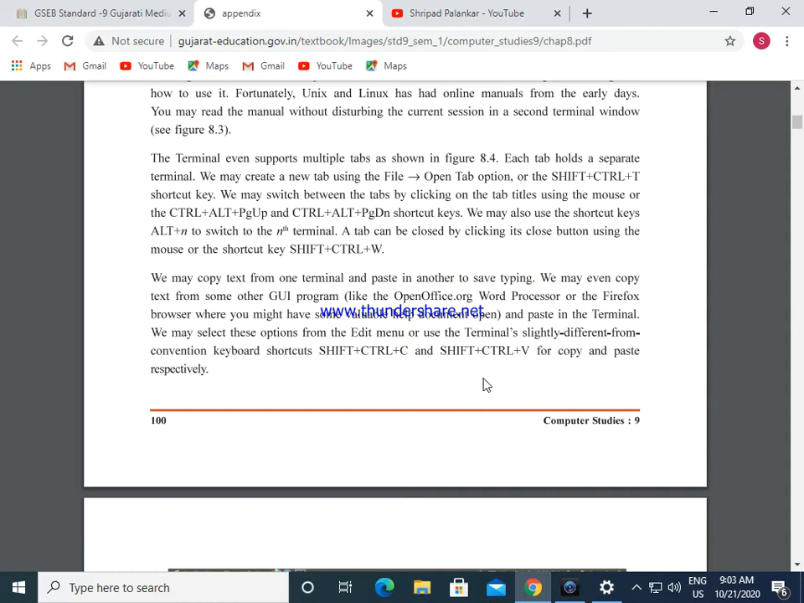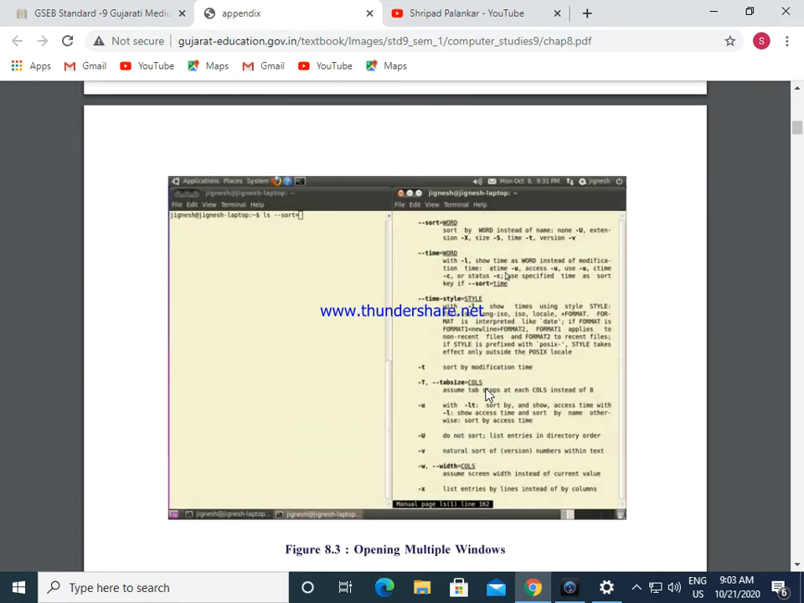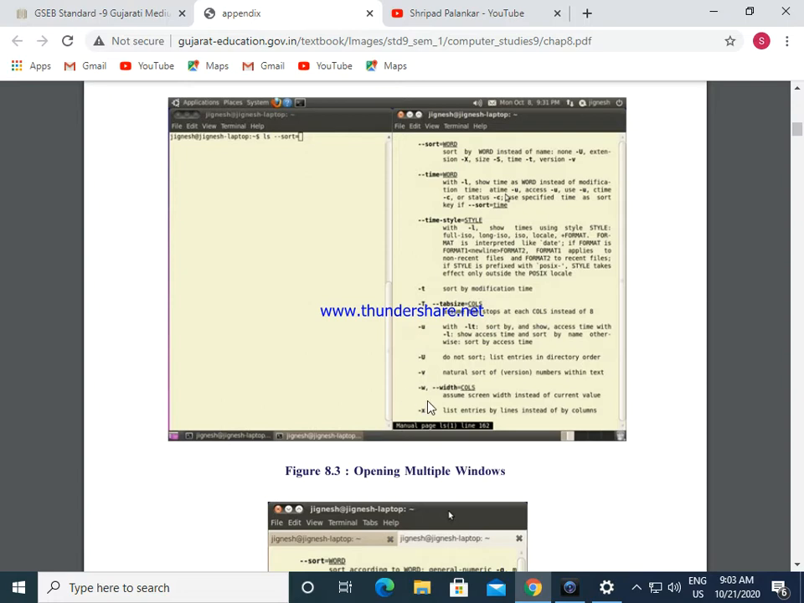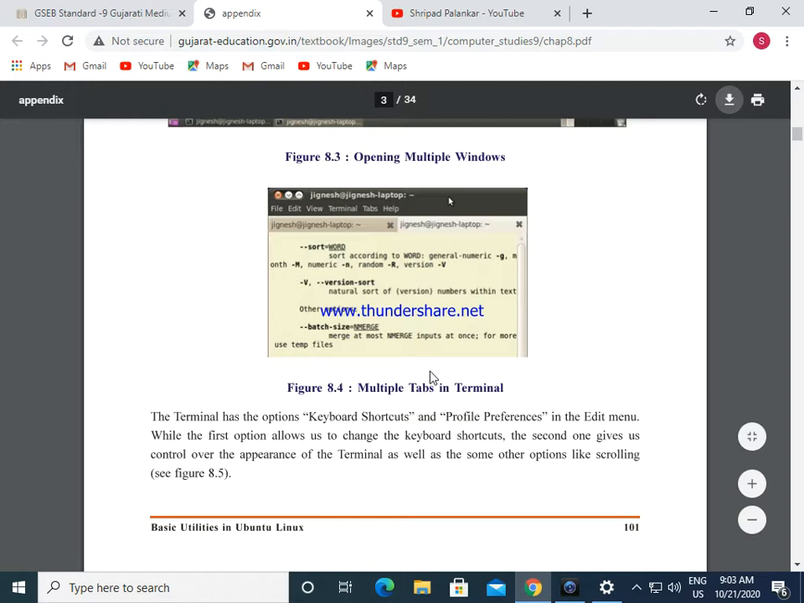तो ये एडिट मेन्यू में जाके आप कोई भी प्रोग्राम को कॉपी कर सकते हैं by Shift plus Control plus C, and for the paste it is Shift plus Control plus V. यहाँ पे देखो, ओपनिंग मल्टीपल विंडोज़ भी आप ओपन कर सकते हो, जैसे विंडोज़ में करते थे वैसे ही आप लिनक्स में कर सकते हो। एक से ज़्यादा विंडो को आप ओपन कर सकते हो। मल्टीपल टैब